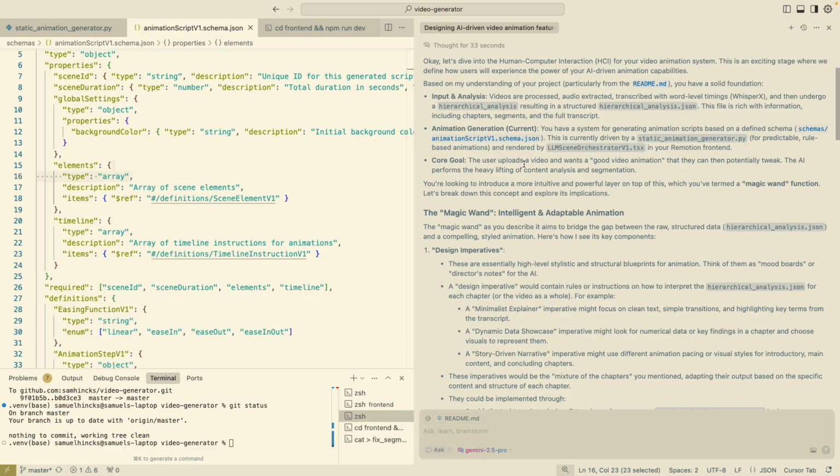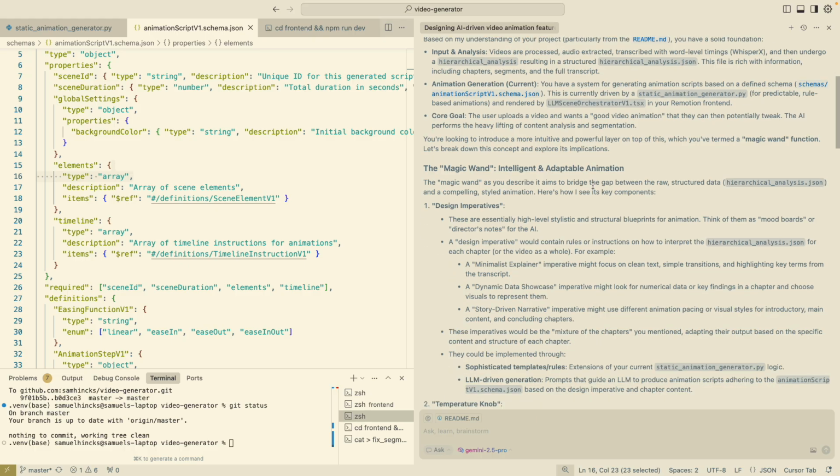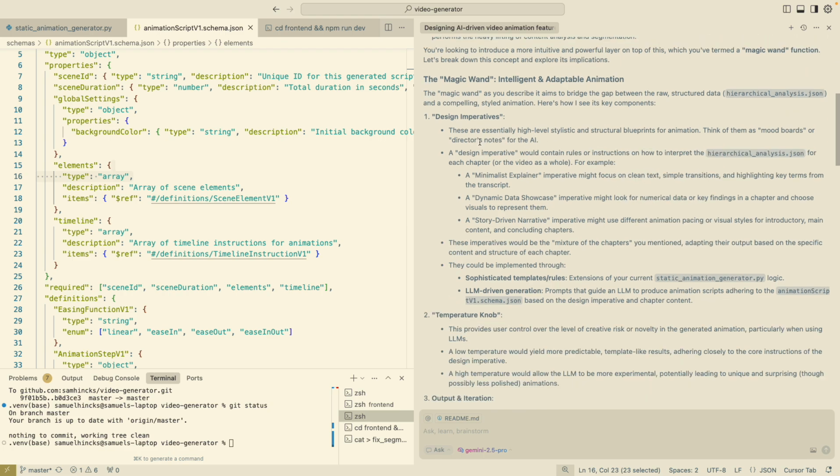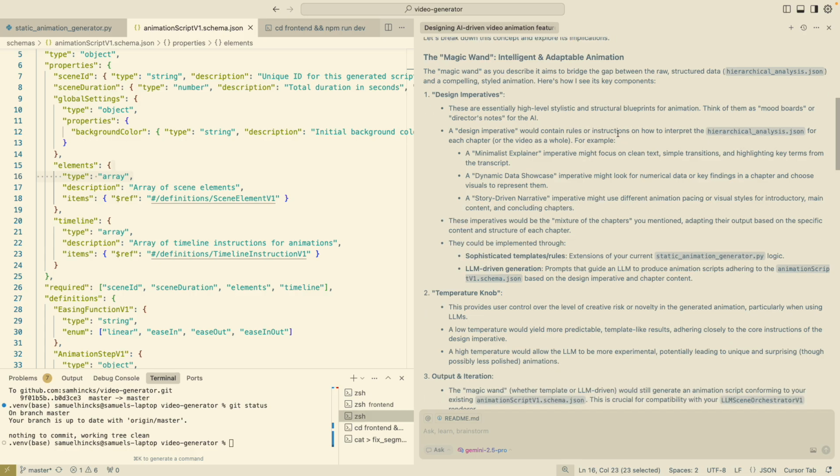There's also a duplicated source of truth for doing the AI animations. But we're going to go back to static animation generation. Towards this end, we're going to build out a library of these animation generators with AI for these design imperatives. Design imperatives are high-level stylistic and structural blueprints for animation. They would contain rules or instructions for how to interpret hierarchical